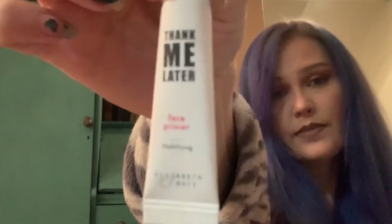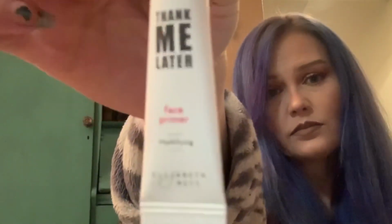Speaking of primers, I got this little primer in my Ipsy bag. Can you see that? It's called Thank Me Later Face Primer. It says it's mattifying, and I guess it's made by Elizabeth Mott, and I need to try to find out how much this costs, because